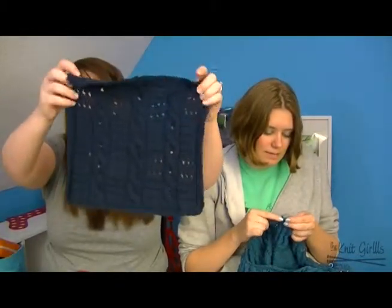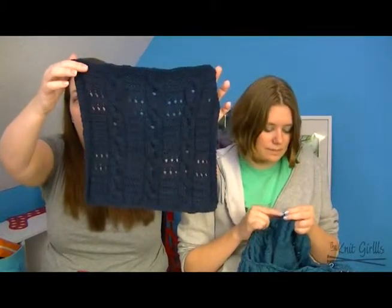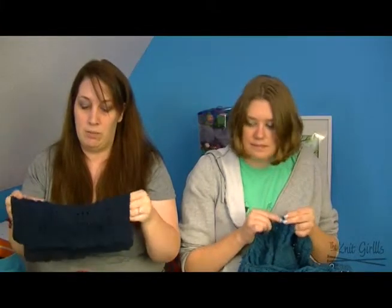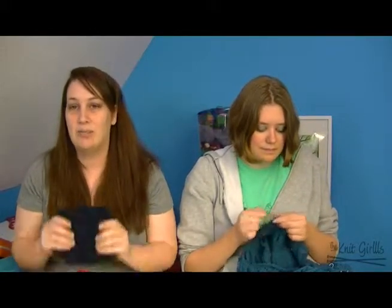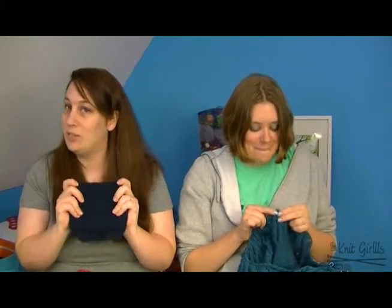So this is what it looks like. It is actually blocked to size, but it's heavy, so it's pulling now. I'm sending this off to my partner this week. And that's out of Debbie Bliss, correct? It is Debbie Bliss Cash Merino, Erin. If you're in the TheKnitGirll's square swap, the deadline for sending out your square is May the 20th, which is this coming week. So make sure you get it out,